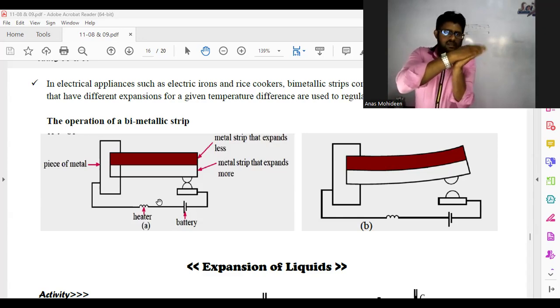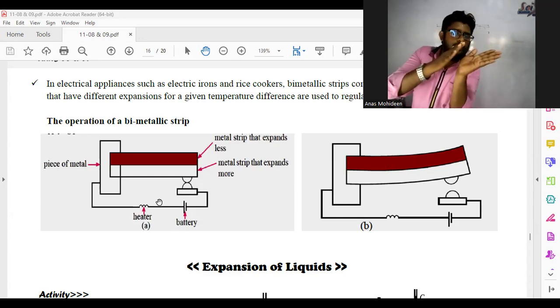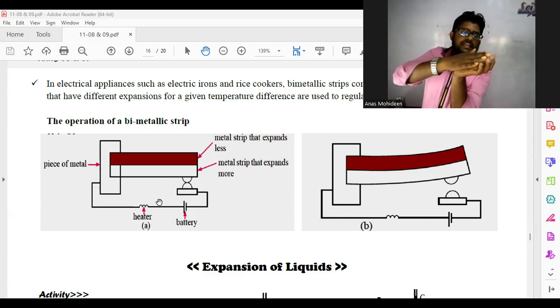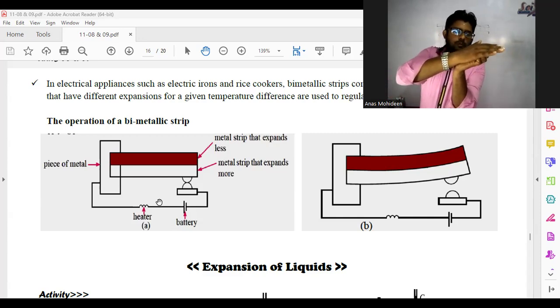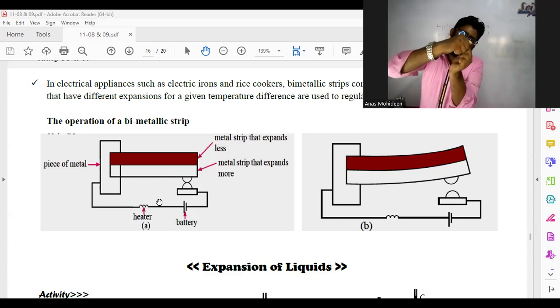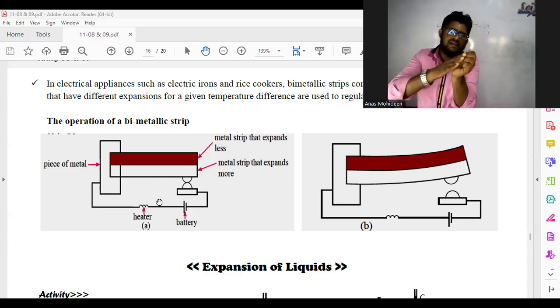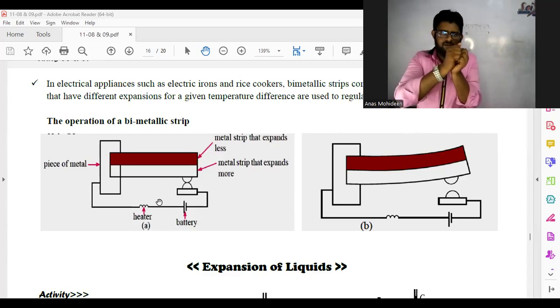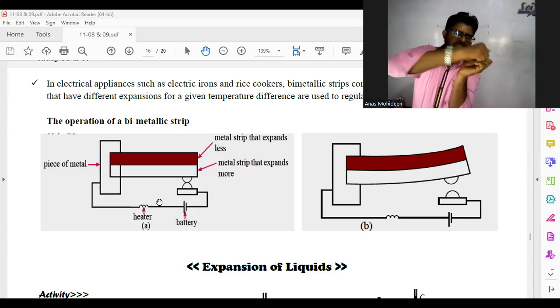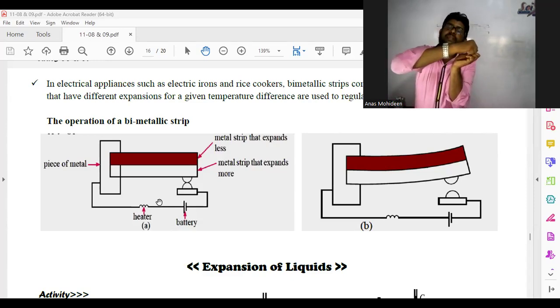The reason is the upper one is expanding more and the lower one less. It can't expand straight because both are connected at the same end. One over the other, they can't slide. Together, they have to move away. So they are attached here, and since they are attached here, the upper one expanding more means